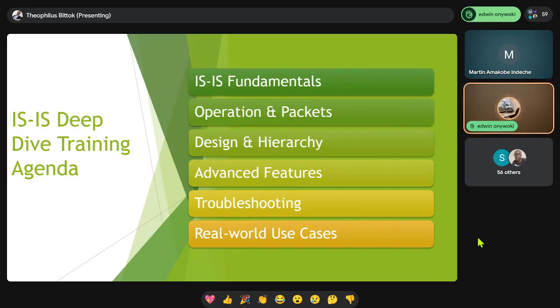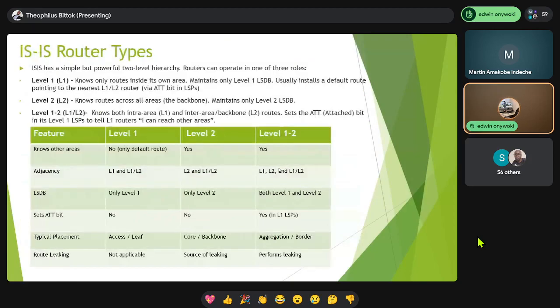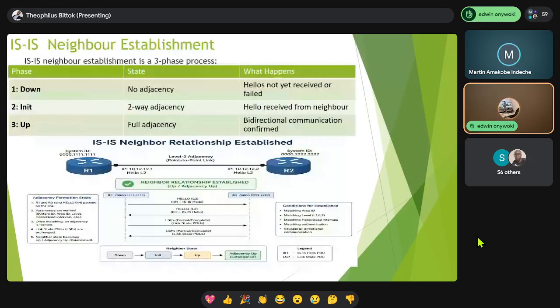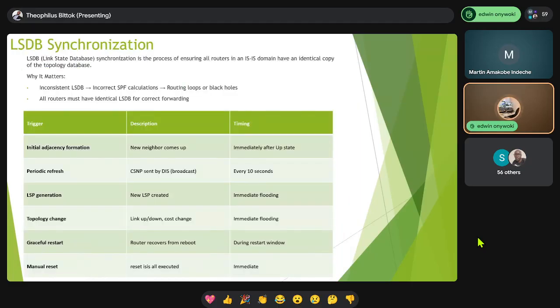So I want to ask about the differences between ISIS and OSPF when it comes to route leaking. How is it to leak on ISIS, and how difficult is it to leak on OSPF? Like the complexity, is it because of the segmentation of the area, or how does it work? Maybe you come across such, just for my understanding.